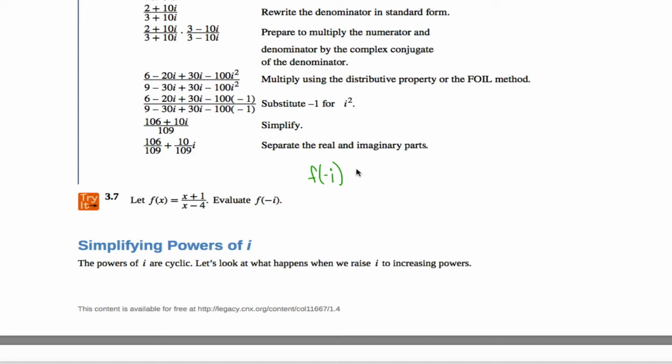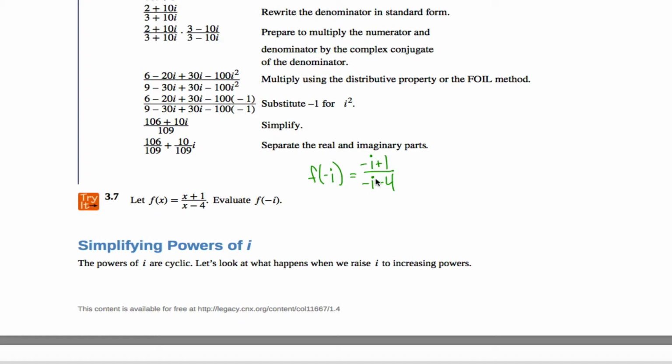So instead of x plus 1, I would write negative i plus 1. That felt weird, but okay. And instead of x minus 4, I'd write negative i minus 4 and get to here. And this is good in that this is what comes out of the machine when you put this in, but